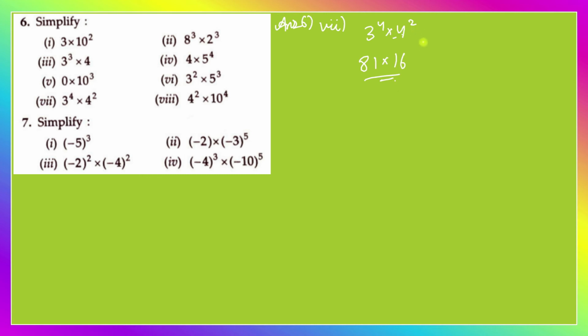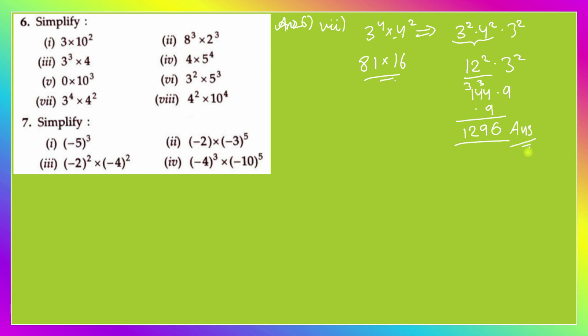Okay my friends, the other way you can also do it is I can write it like this also: 3 square into 4 square into 3 square. And if I combine 3 into 4, I'm going to get 12 square into 3 square. Like this, I can combine them very easily. 12 square is 144 and 3 square is 9. Multiplication by 9 is very easy. 9 4s are 36, 6 down, 3 carried over. 9 4s are 36, 36 plus 3 is 39. And I get 1296 as the final answer. So this is the final answer of this question.